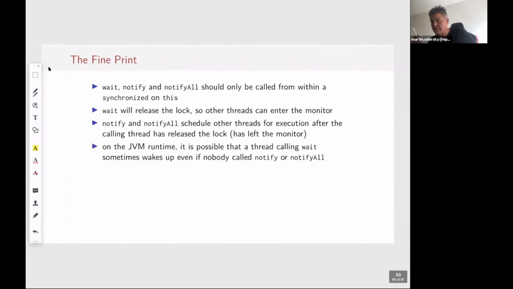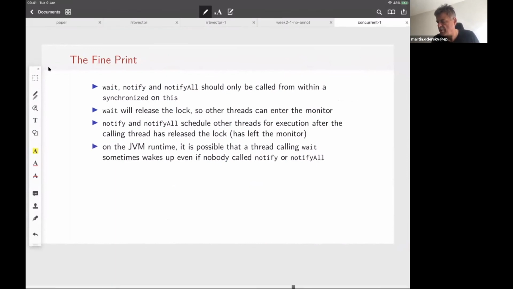And the caveat on the JVM runtime is that it's actually possible that threads will spuriously wake up. So the calling thread sometimes wakes up even if nobody called notify or notify all. It's rare, but it can happen. I'm actually not exactly sure why it can happen, what goes on there in the JVM runtime.